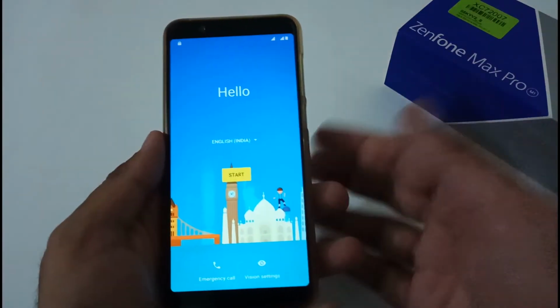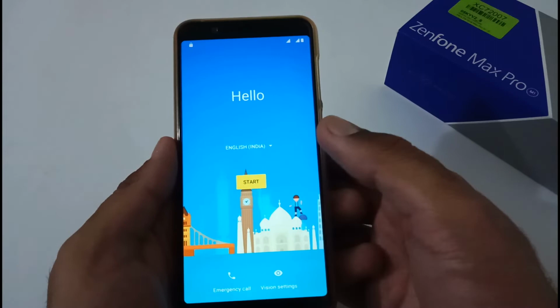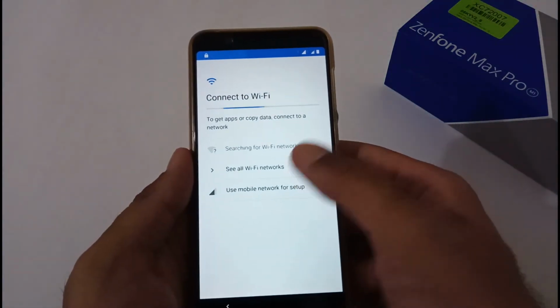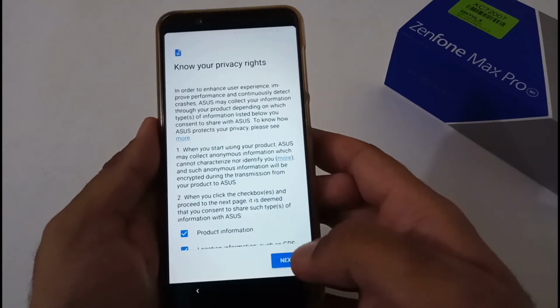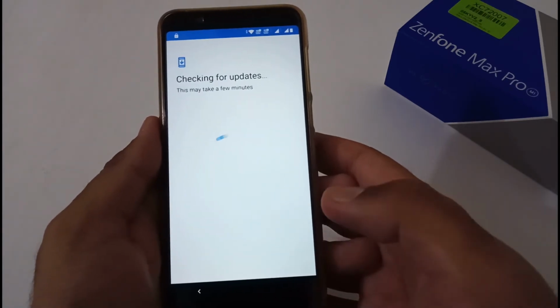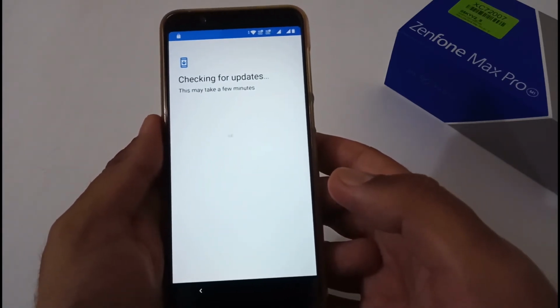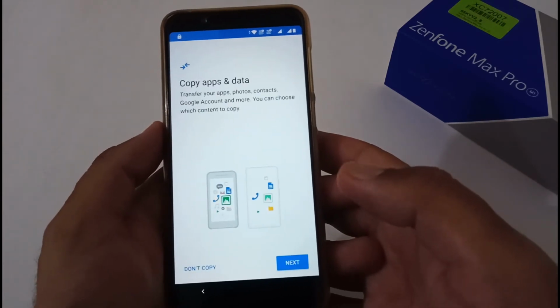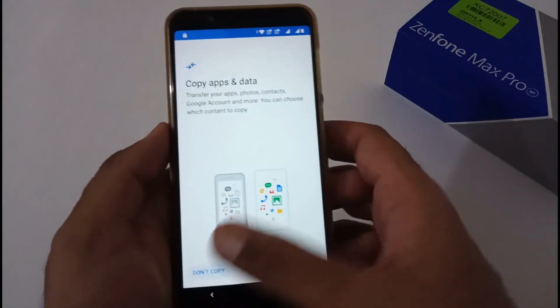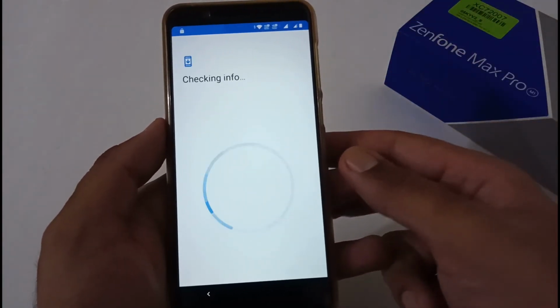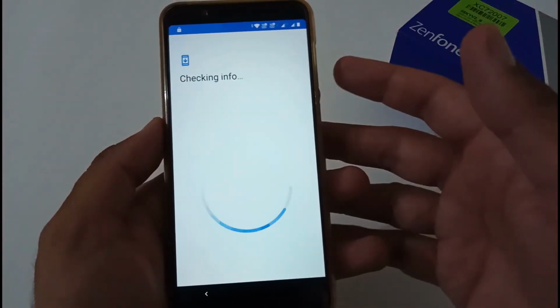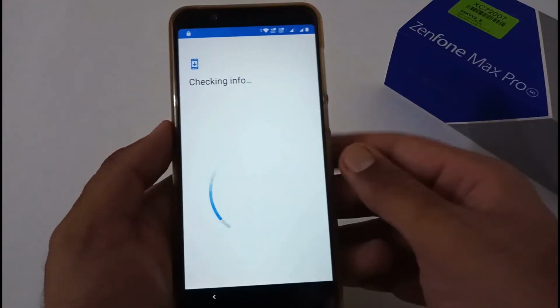So finally the phone setup process has been initiated. So let me complete it as soon as possible. Now let me enter the Wi-Fi credentials. After successfully entering the Wi-Fi credentials, now it's asking a few other options. Now it will do the background check of the Google Play services. If any minor or major payload is available, then it will complete the installation and move further. Again, in the next screen I have chosen don't copy. If you want to download something from the Google Cloud platform, then you can use it.